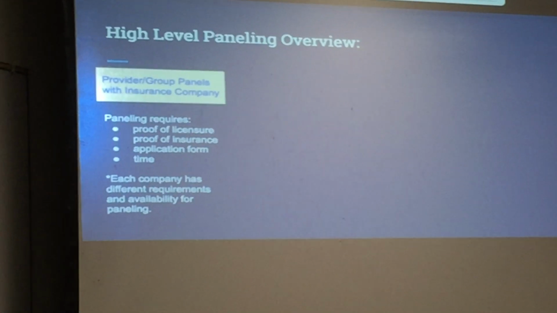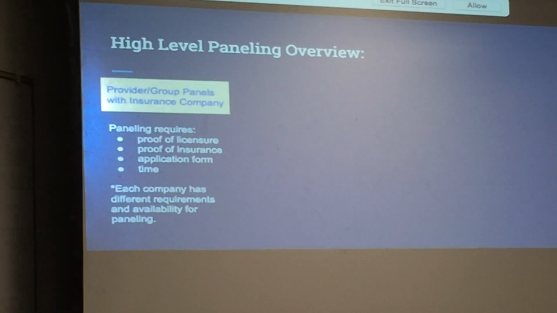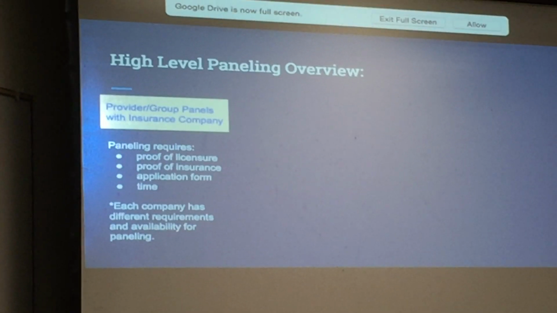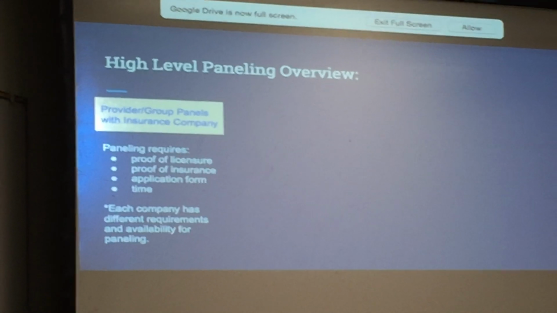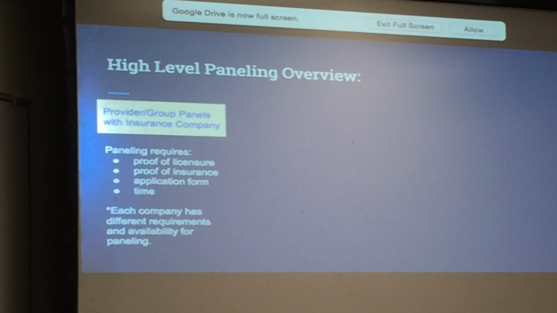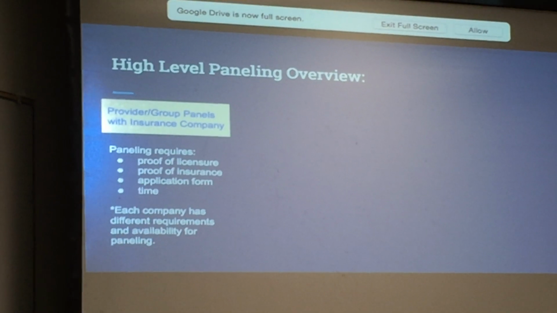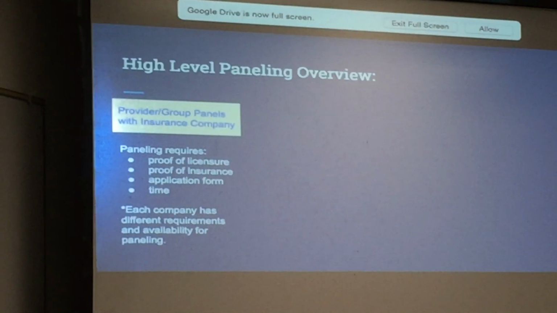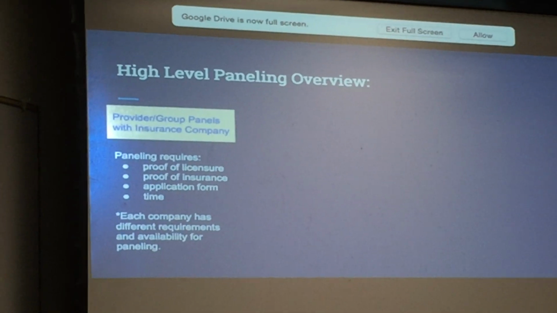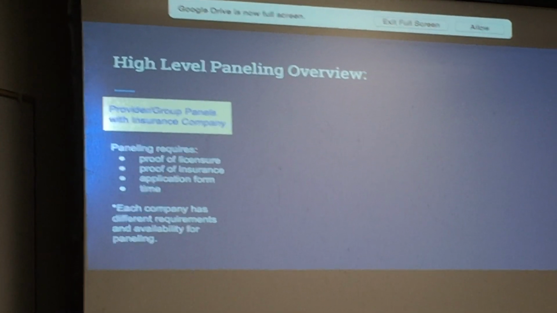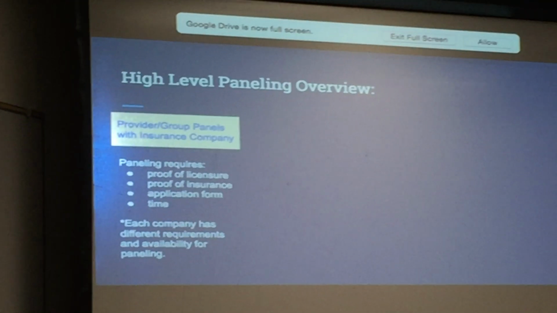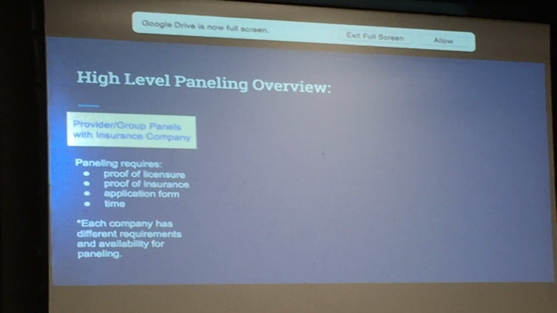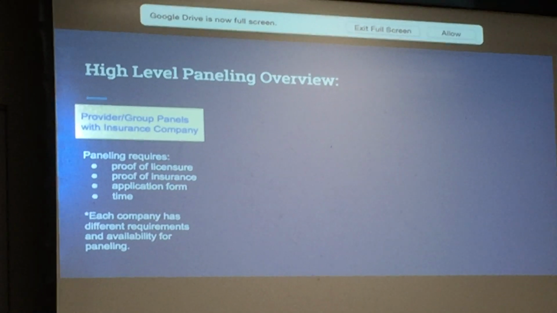Proof of licensure, your NPI number. Once you become a licensed therapist, you will have an NPI number, National Provider Identification. Proof of insurance. Each therapist has their own insurance for coverage. I don't know exactly what that is, but CPH or HPSO. It's usually $1 million per occurrence, $3 million in the aggregate. That's the lowest, and then you can pay more for higher. So basically that's the therapist's own insurance for their practice, to cover the therapist if anything should go wrong.